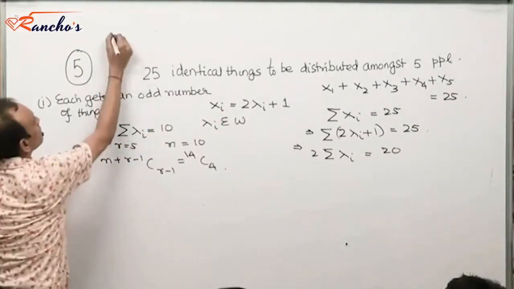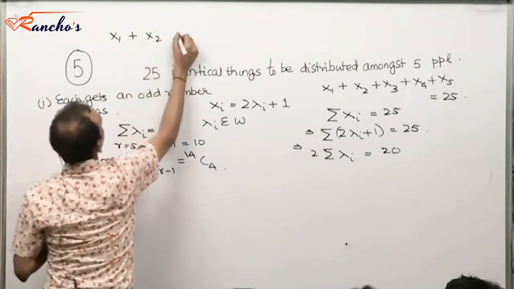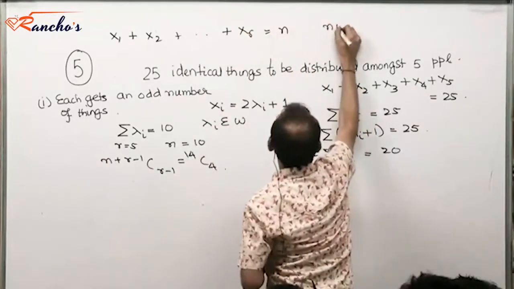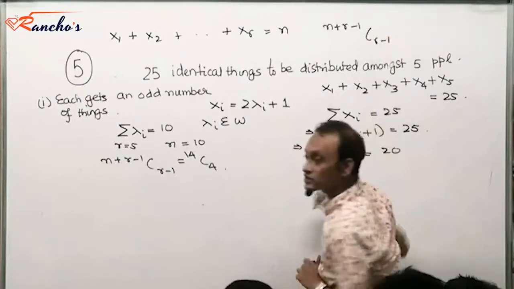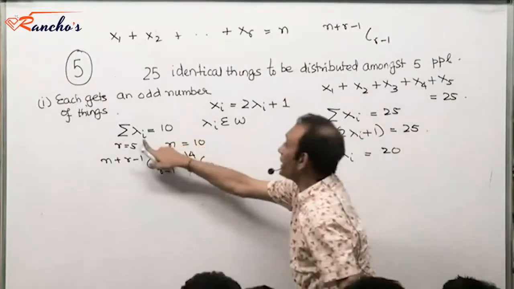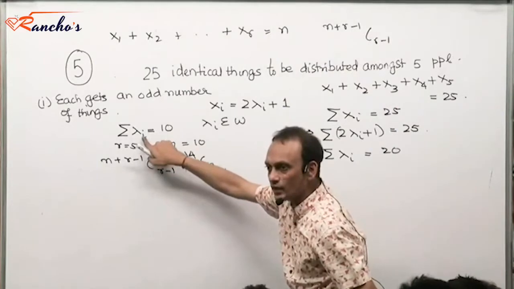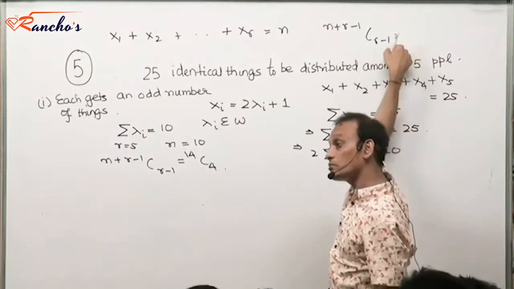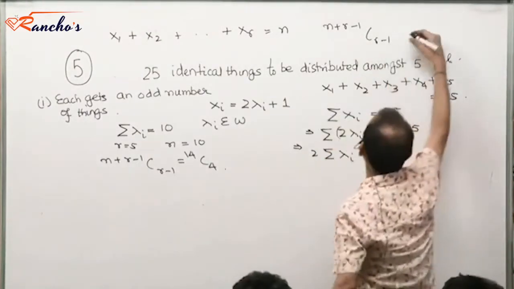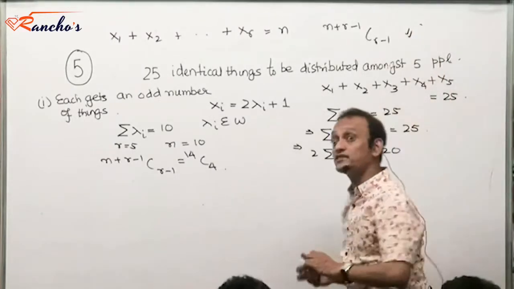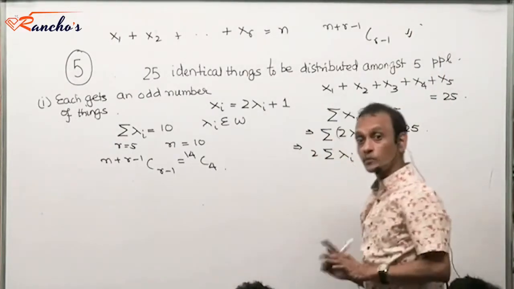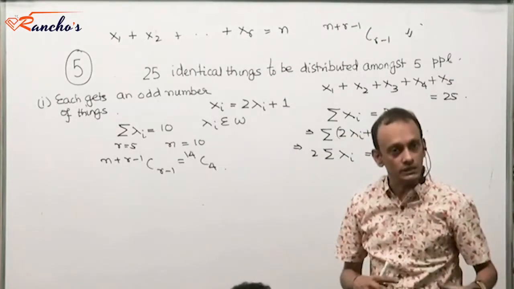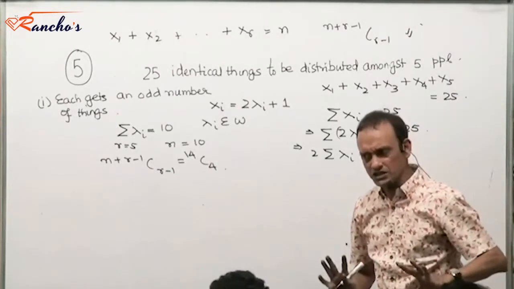See, I've told you this result, the method of partitions. The number of whole number solutions to this equation is n plus r minus 1 C r minus 1. So in this case, n is 10, and r is the number of variables, lambda 1, lambda 2, lambda 3, lambda 4, lambda 5, 5 variables. So n plus r minus 1 C r minus 1 will give me the number of whole number solutions to this equation, right? That's the first part of the problem, which was only a slight modification of the method of partitions that we already learned, isn't it? You recall the method of partitions now?